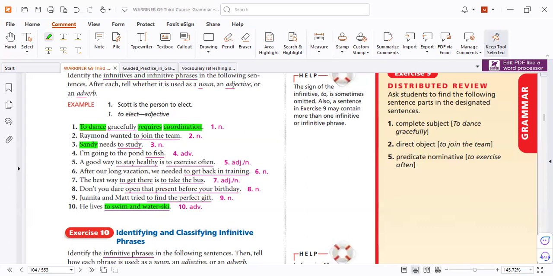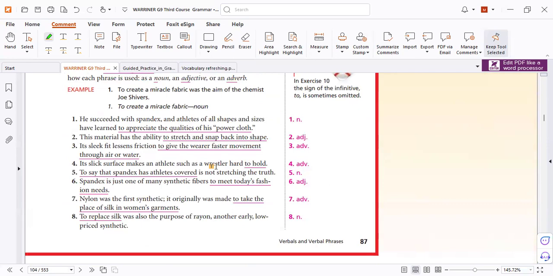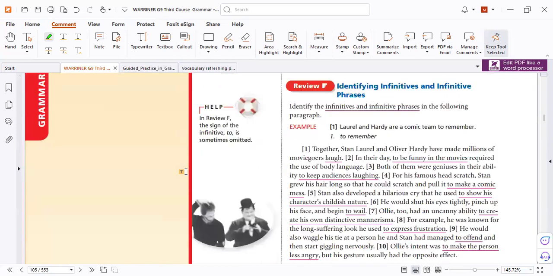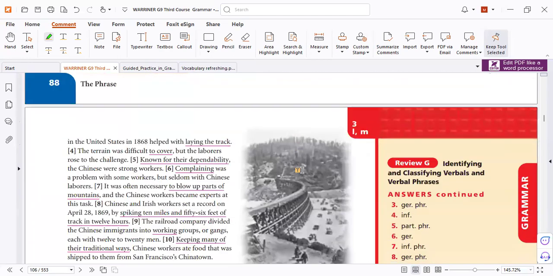Now let's go for the next. Now let's go to the next. Here a lot of exercises. Read it at home and don't be in a hurry. Always take your time and read. Great job. Here a lot of exercises. Remember that. Okay. So you can read it.